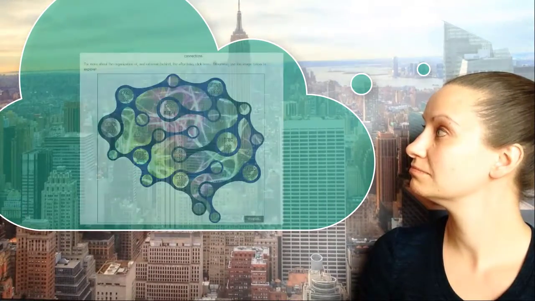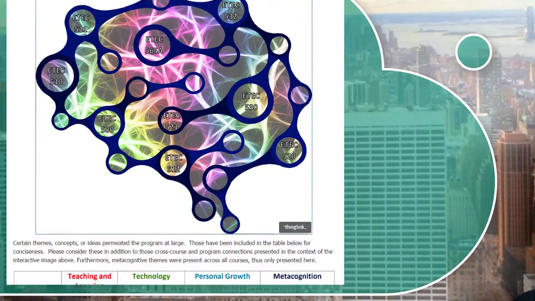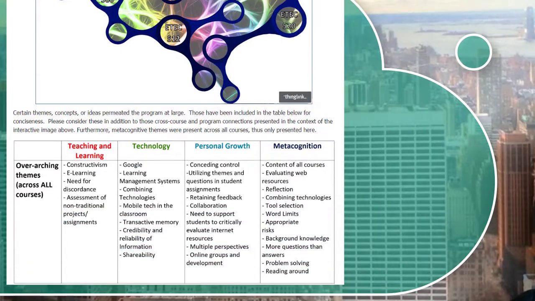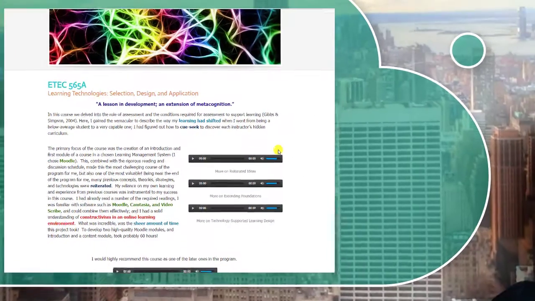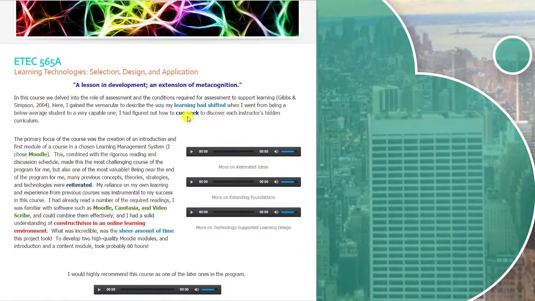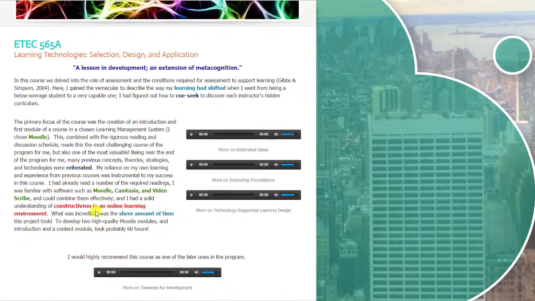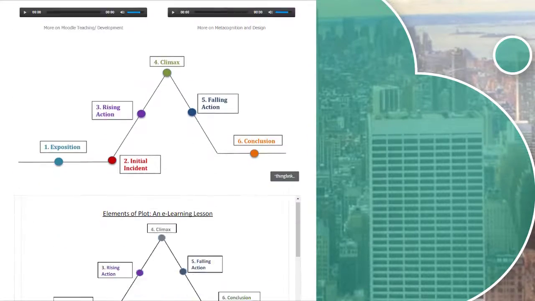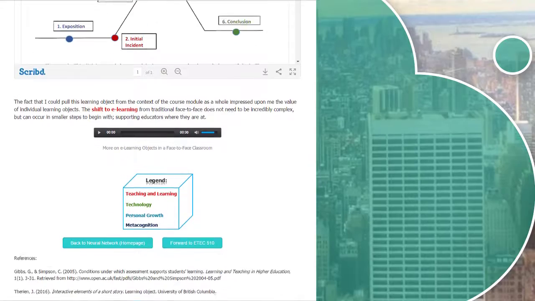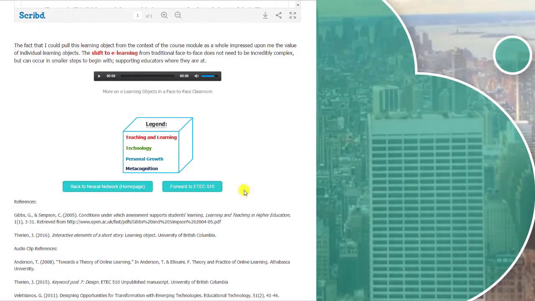A little unexpectedly, several connections ran across the entire program. These are highlighted below the main interactive image for conciseness. These color-coded elements are for grounding and connection to the metaphor and important themes, but they are not linked. This is intentional, as including all of these as links would become redundant and confusing. The color-coded themes indicate linkages between courses and across the program. These themes may pertain to the course as a whole, or specifically to the artifact being showcased.